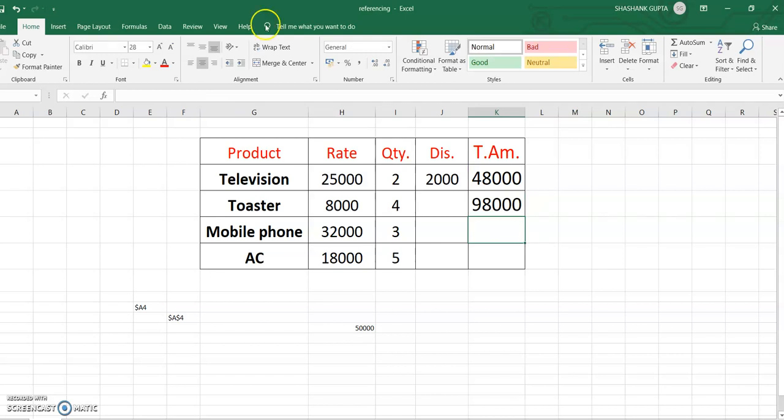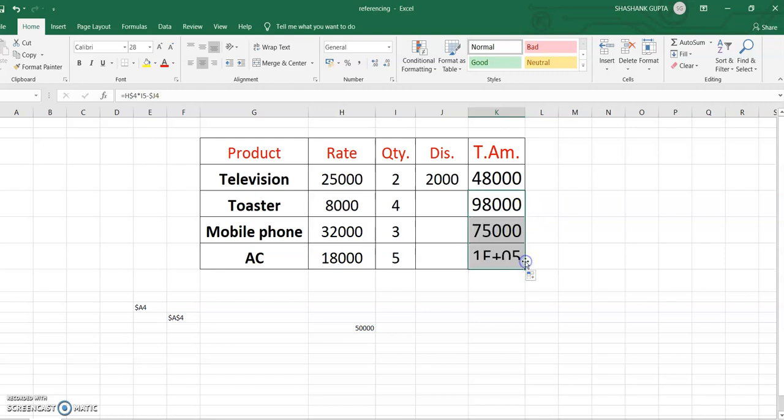Why? Because you have created H$4. It means you have created absolute referencing for the row, not for the column. It means the row value will be fixed, at column H and row 4. So this value is fixed. Okay, you cannot change this value. So that is the purpose of mixed referencing.